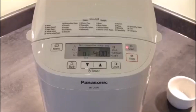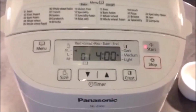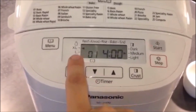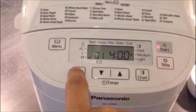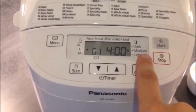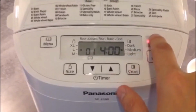Pop the lid back. As you can see at the top here, we've got option menu item 1: extra large, large and medium. Now I'm doing a large loaf, so I'm going to change that to large. I actually want it with a medium crust, I don't want it too dark. And that's it. You hit the start button